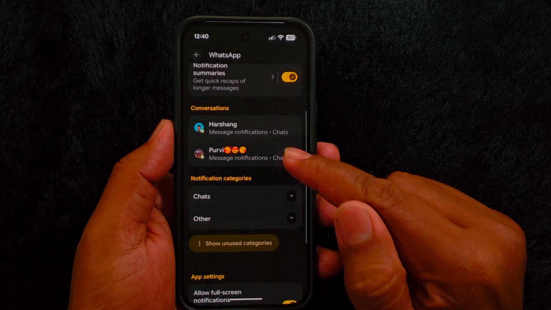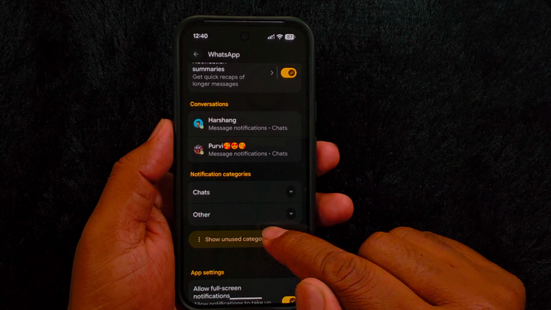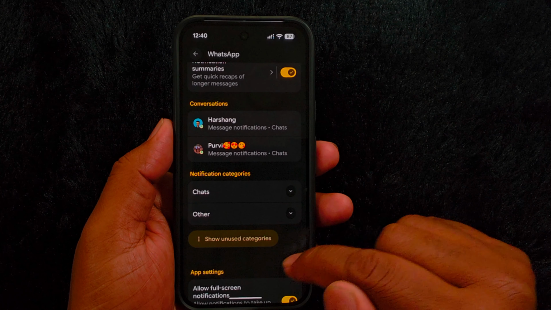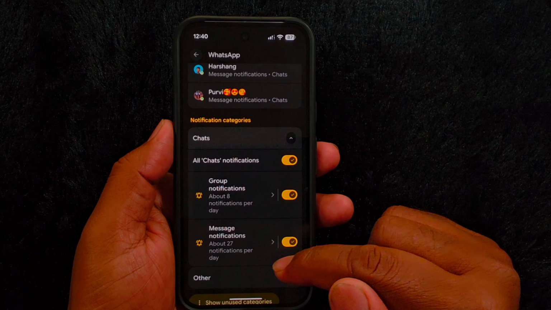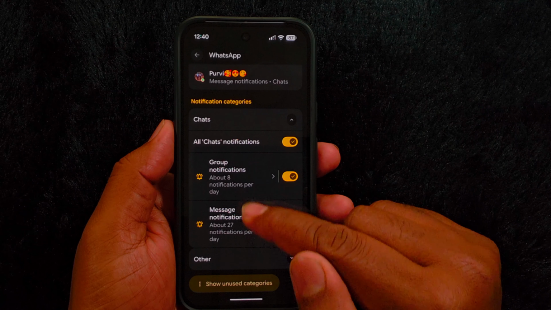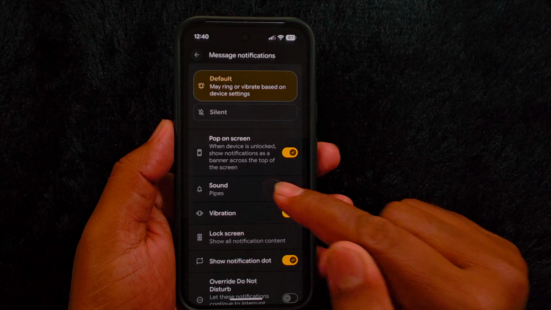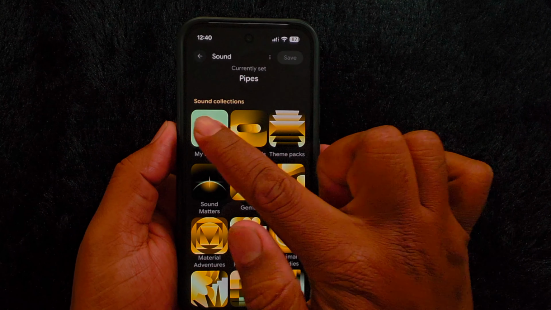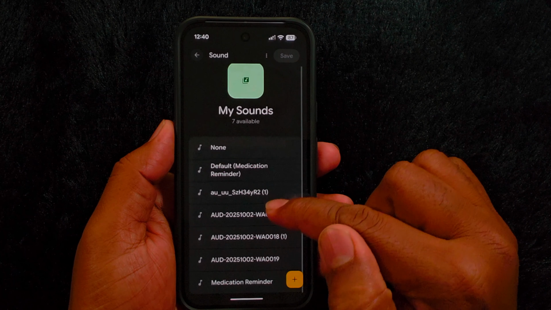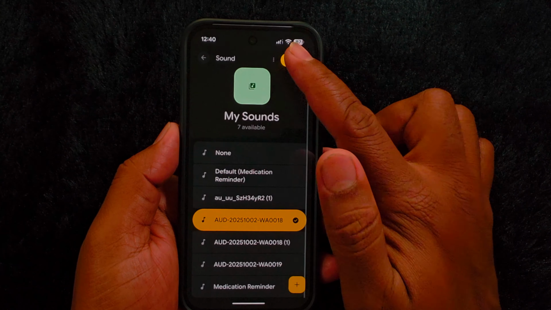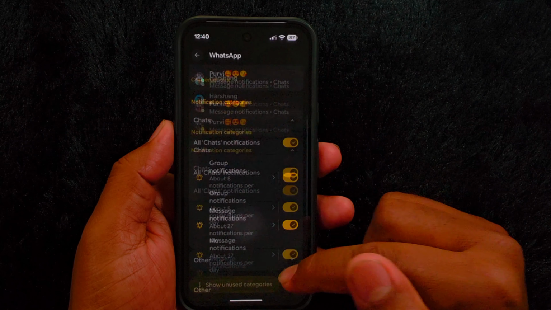Scroll down and you'll see notification categories, such as Messages, Chats, Video Calls, Alerts, or similar, depending on the app. Tap the category you want to change. Now tap Sound. Here you can select a different notification tone, including custom sounds on your device. Once selected, tap Save or OK at the top right, and that app or category will use its own notification